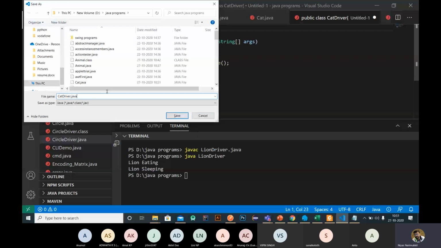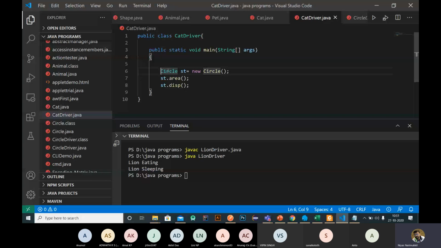Inside this one we are going to create an object of cat, and we are going to call all the functions, right? Inside the cat we have home, play, eat, and sleep. So we are going to call home, play, eat, and sleep.